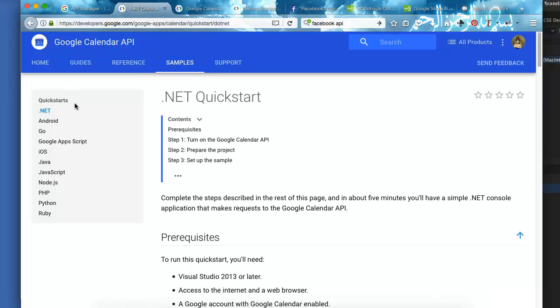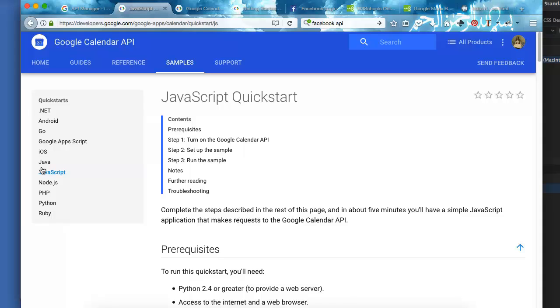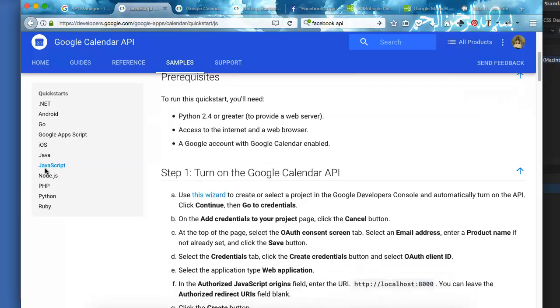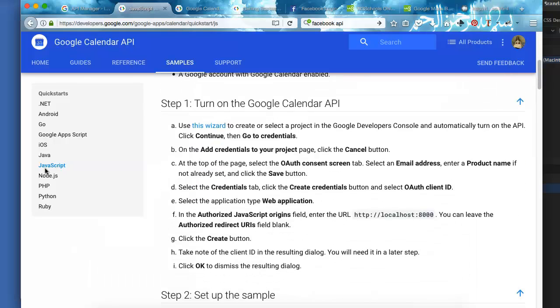Now in these quick starts, I wanted to just use JavaScript, because obviously I'm not running Node.js. I could do PHP because my server has PHP running in it, but since this is a JavaScript class, I just did the JavaScript quick start. So down here, I just followed the instructions. Now the one tricky thing here is that